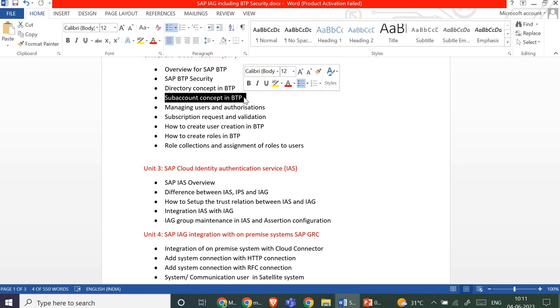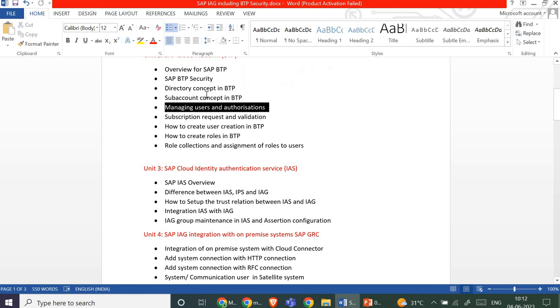So for that reason we have the directory and sub account concept here, to make sure that we create users for a particular development system, and within the development system, for a particular application. That's the main concept behind the directory and sub account, and how to manage users and authorization using these two concepts that we are learning. Okay, so then